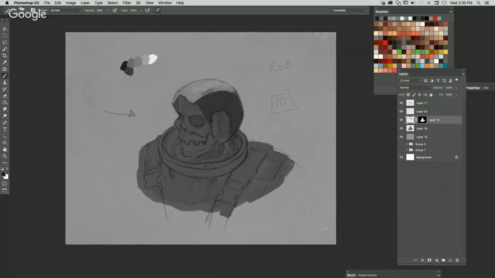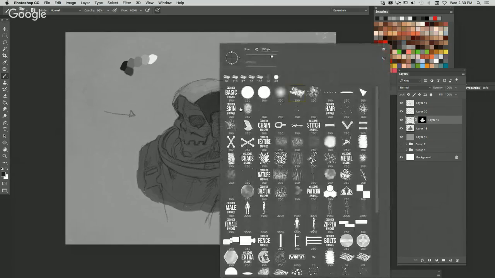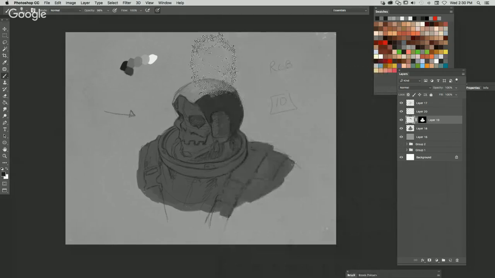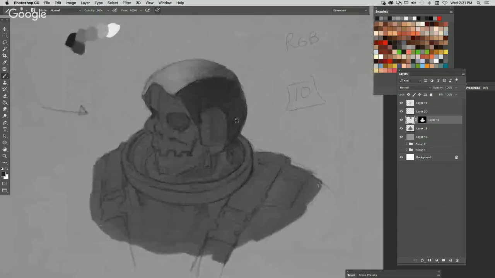And then from here, I look at how the light is falling on it. I might even use a soft brush here, because the light source is really coming from that side angle. Then we've got some stress wrinkles on that fabric, so I'm going to zoom in just a touch.